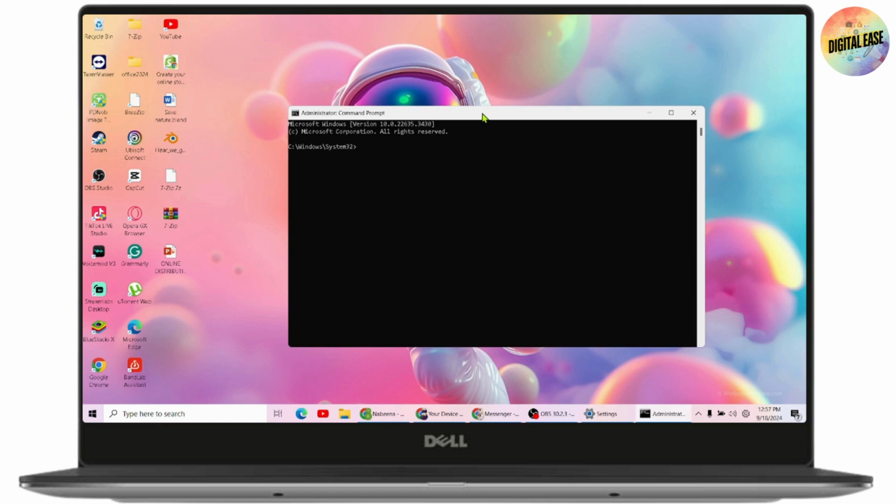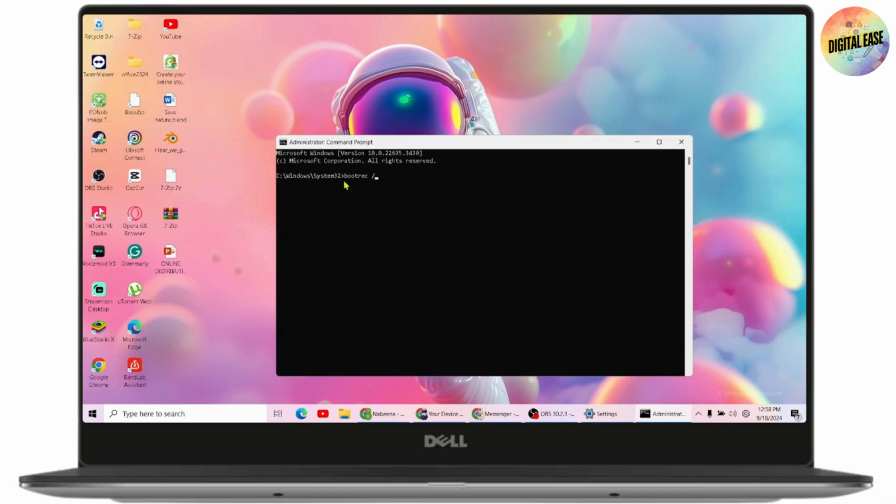So the first command is sfc /scannow and hit the enter. Once you hit the enter, it will scan all of the files and repair all of the Windows corrupted files. This process might take up to 3 to 5 minutes. And once the verification process has been completed, now you need to enter the next command, which is